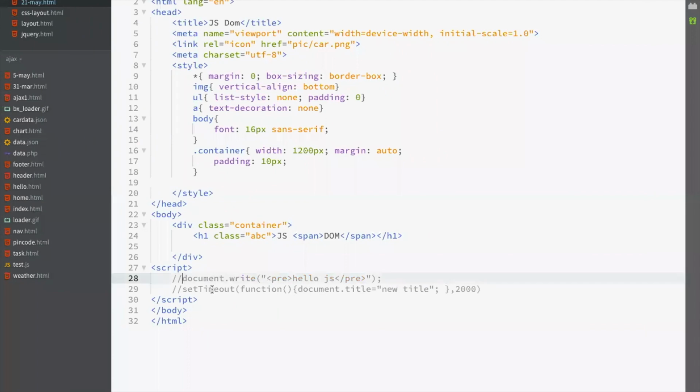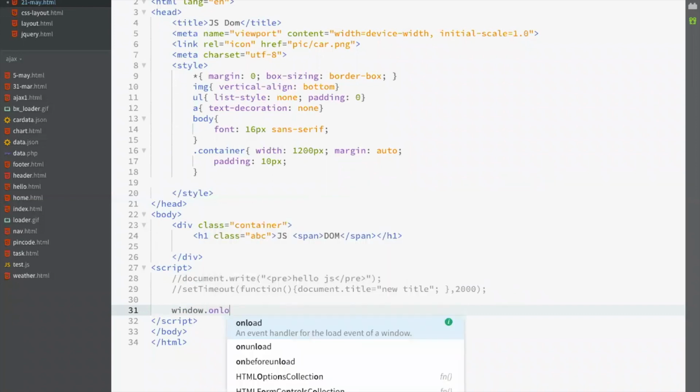First, document.write will only write in the current node. Suppose you want to write something in a span, so using document.write, you cannot write or make changes in the span element. So this is the first drawback. And the second thing: when we use document.write on page load, it works perfectly, but once the page has been loaded, like window.onload, meaning when my page is done and loading is complete,